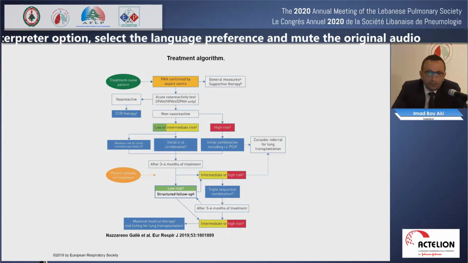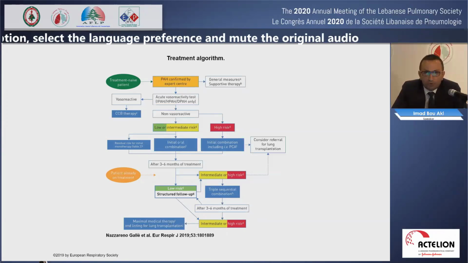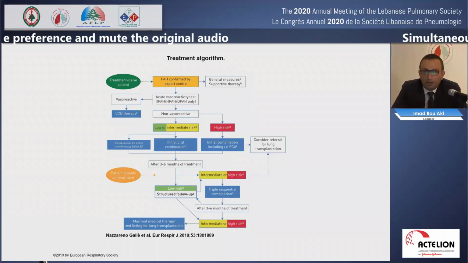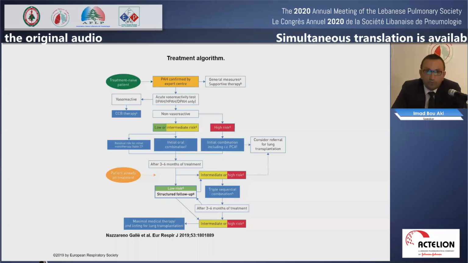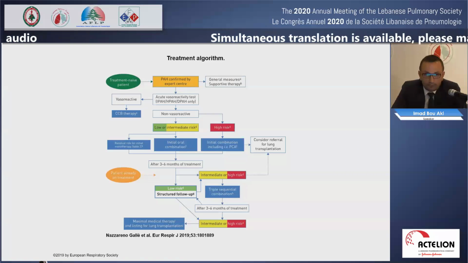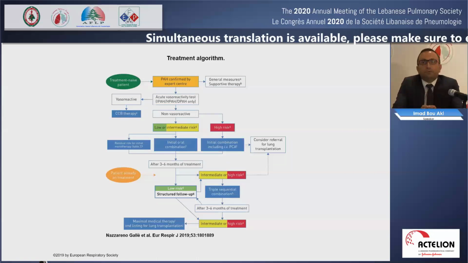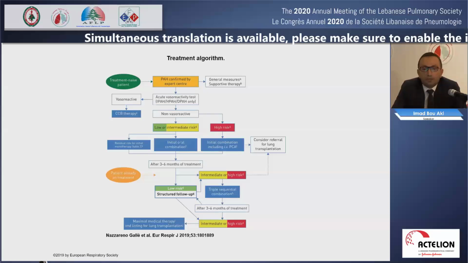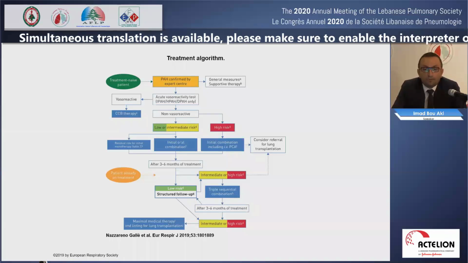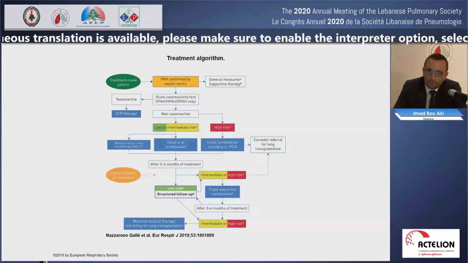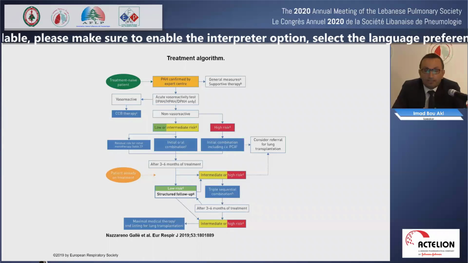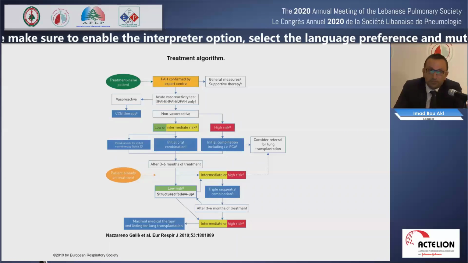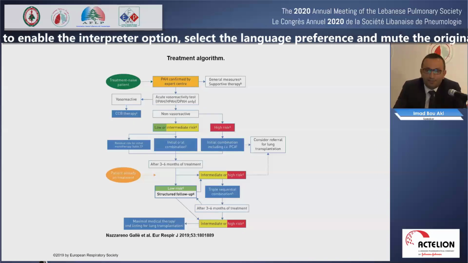Now, for the low or intermediate risk, the current approach is initial double oral therapy, with a few exceptions for single monotherapy that we'll talk about. For high risk, it should include IV prostacyclin, which we do not have at the current stage in Lebanon, but hopefully we will be able to get, and combination therapy as a possibility, and I'll talk about it later. Then obviously close reassessment of what? Mainly the risk status of the patient, to adjust your treatment up and never down.